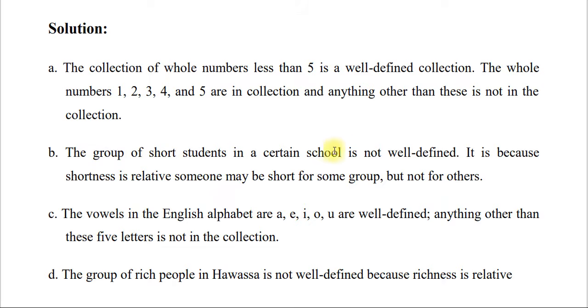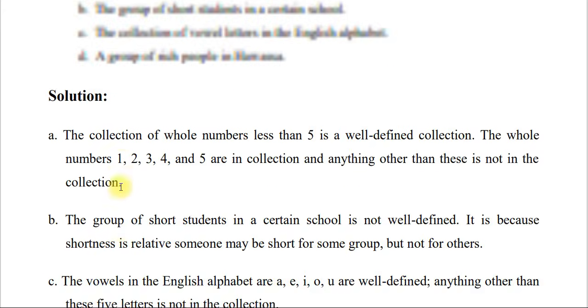The group of short students in a certain school is not well defined. It's because shortness is relative. Someone may be short for some group but not for others. Look, አሁን ሾርትነስን ስናይ ወይም አጭርነትን ስናይ ሪላቲቪቲ ነው። ለምሳሌ አንድ ሰው ለአንድ ሰው አጭር መስሎ ሊታየው ይችላል። ኦኬ አንዱ ደግሞ አጭር ነው ብሎ የወሰነውን ለዛኛው መካከለኛ ቁመት ያለው ሰው ሆኖ ልናገኘው እንችላለን። ስለዚህ ዌል ዲፋይንድ አይደለም ማለት ነው። በውል የታወቀ አይደለም፣ አምቢጂቲ ይፈጥራል ማለት ነው። ስለዚህ አምቢጂቲ ወይም ብዥታ ወይም መወዛገብን የሚፈጥር ከሆነ that is not set ስብስብ ልንለው አንችልም ወይም ዌል ዲፋይንድ አይደለም ማለት ነው። ስለዚህ ቢ ሴት አይደለም እንላለን ማለት ነው።